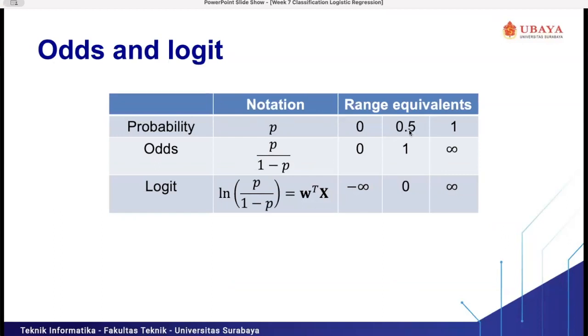If the output is less than 0.5, the class will be predicted as 0. And if the output is greater than or equal to 0.5, it will be predicted as 1.